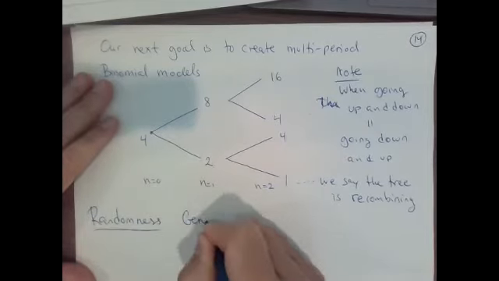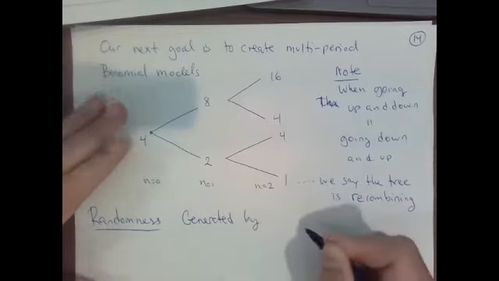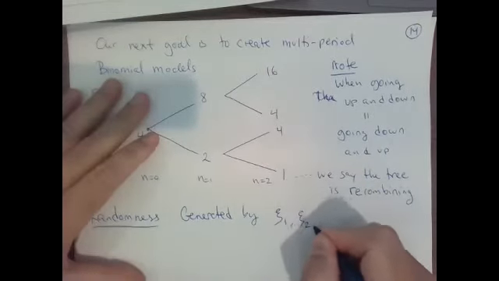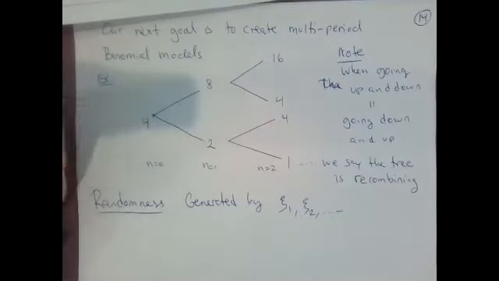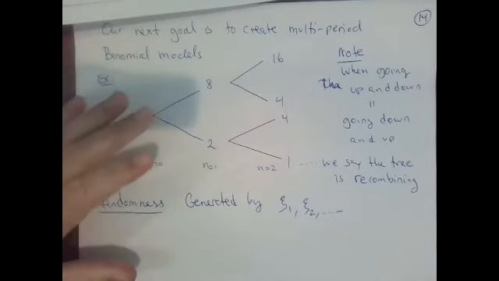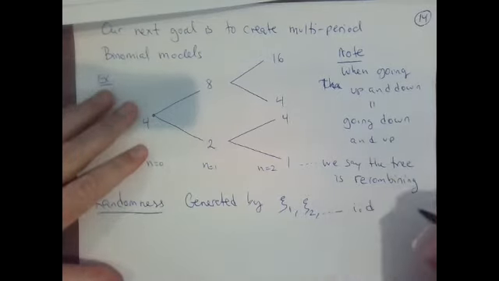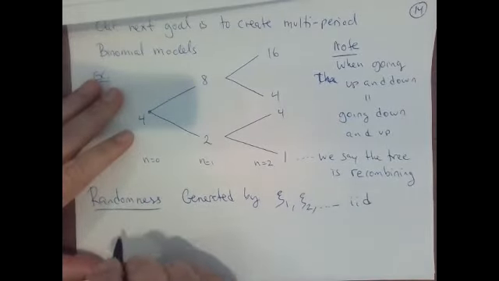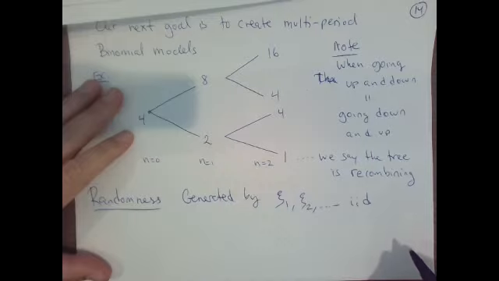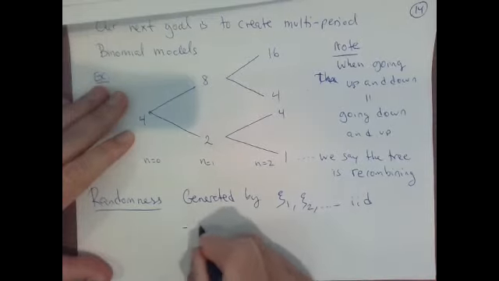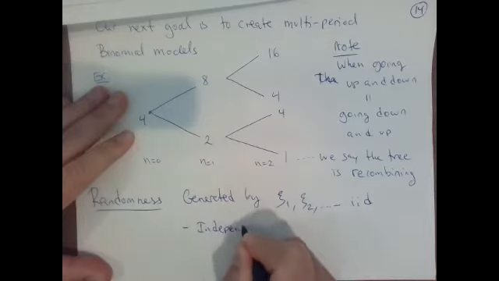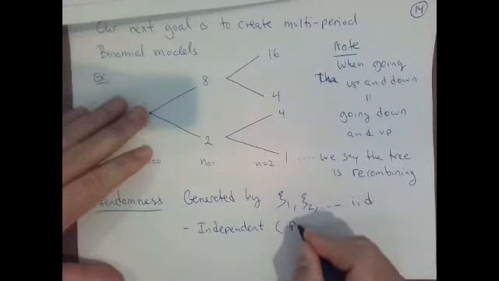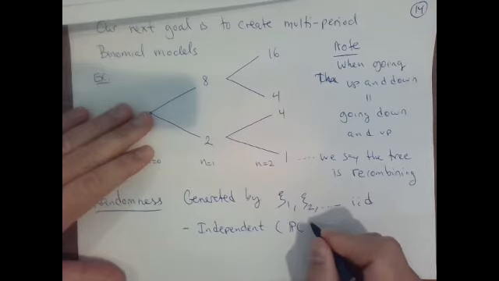well, this is now generated by these psi's, but they're now different. You're generated by psi 1, psi 2, and so on. And each one of the psi's looks like before. So the IID, so I'm hoping that you will have seen what IID means. It means that they are independent. The independent. So for example, if I looked at the probability that psi 1